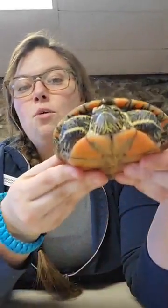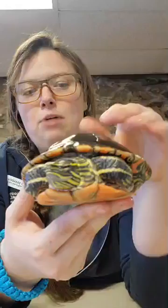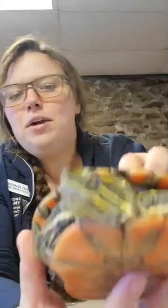A couple of really cool things about Shelly. Now, Shelly is full grown. This is how big she's going to get. She's probably about 6 inches. I'm going to just show her like that. Now, you see the color on the top of her? It's a dark color. Can you guess why it's a dark color? You are correct. Camouflage. You can find Eastern painted turtles in ponds,